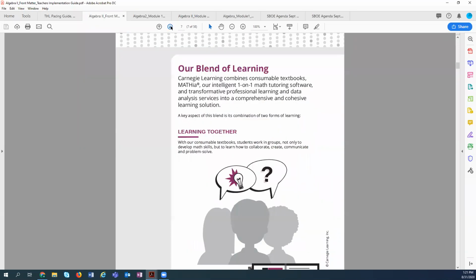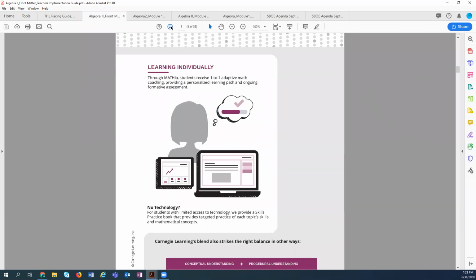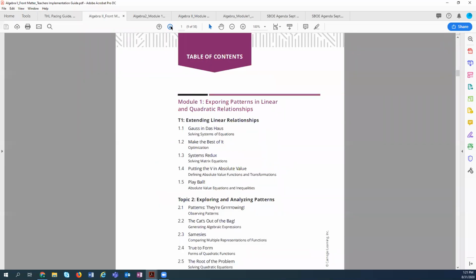You can also see an outline of the blended learning component and why and how Mathia works in coordination with the other materials. And then you'll see the table of contents for the entire course and the progression of lessons, so you can get an idea of what's happening in a different format than that pacing guide.